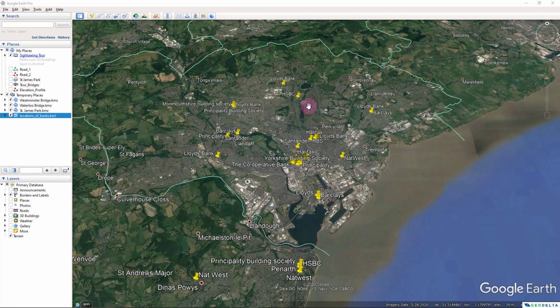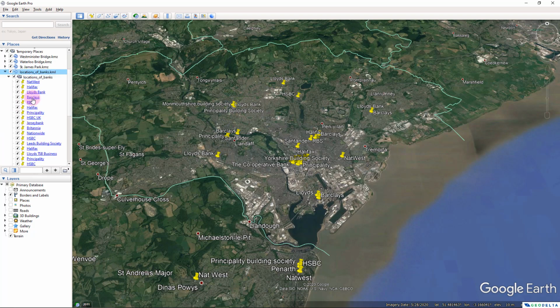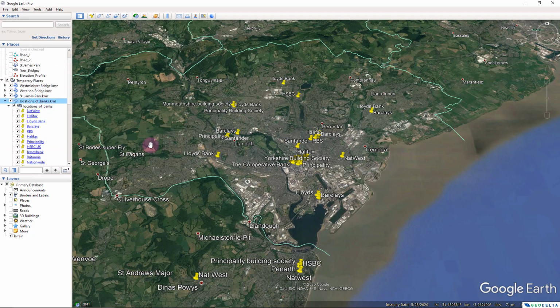And the cool thing is that the different locations of the banks are now being specified using these different placemarks. And if you come over here under these temporary places, if you expand, you can get a complete list of the different features, which happens to be in this case the different banks. And if you would like to make any changes to the whole bulk, you can simply select these locations of banks, KML, go to properties,